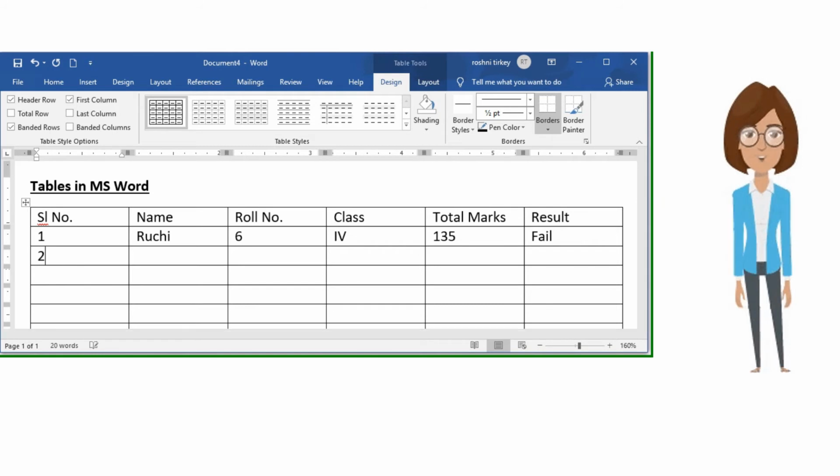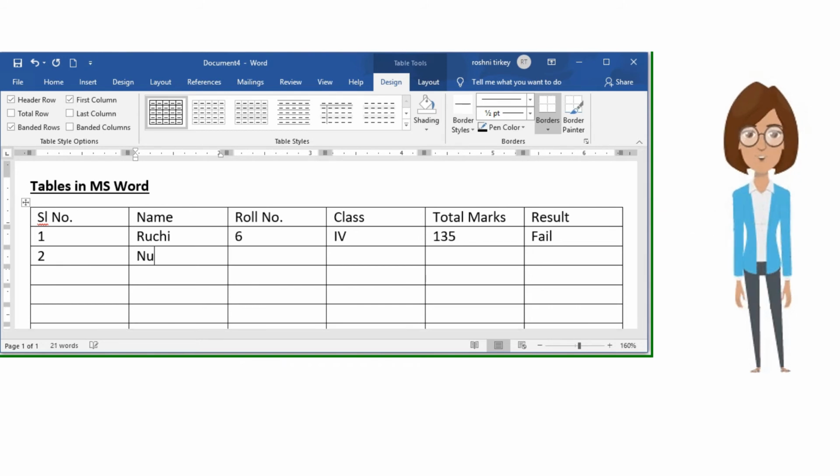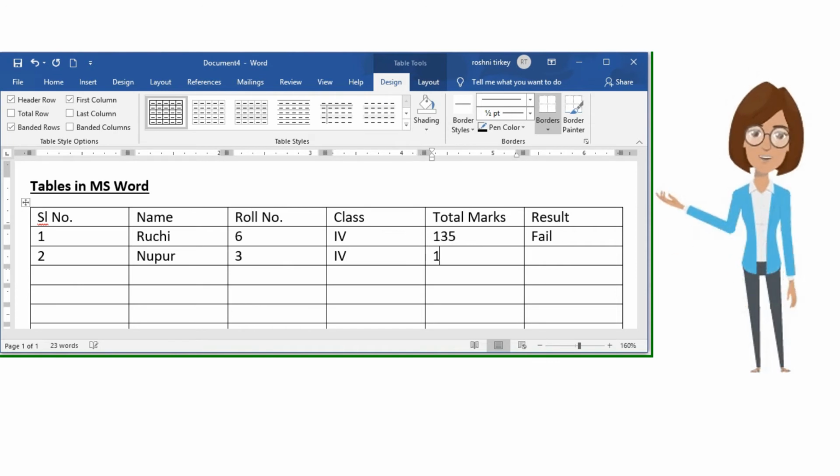Serial number 2, name Nupur, roll number 3, class 4, total marks 165, fail.